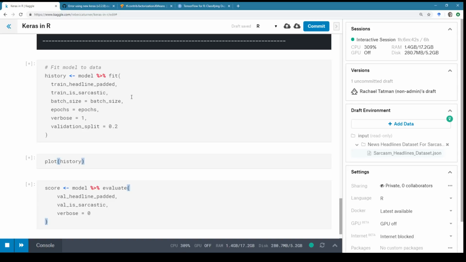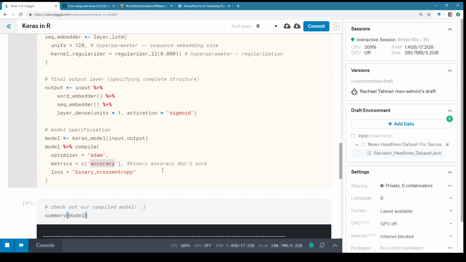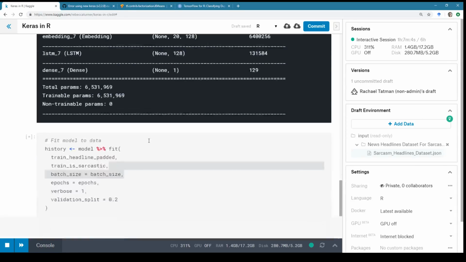So yeah, I think this isn't the right metric to use for sure, but it is the metric that actually ran. So that's a good thing. And I think next time we're going to have to futz around with a custom metric. I did none of the things that I said I was going to at the beginning of the stream. We did no feature engineering. We did no building a non-neural model. We barely trained one model.